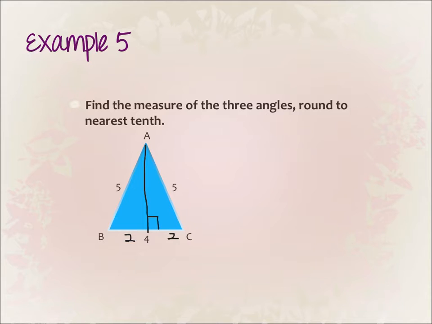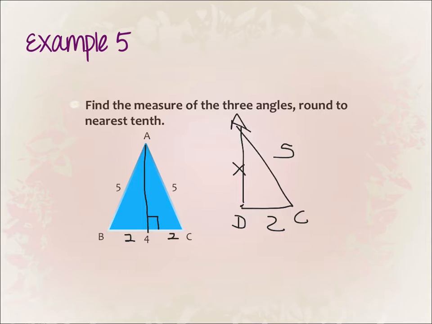So right now, all I need to worry about is one of the sides. So this could be A, C, and I could call this D, where I drew my altitude. So this is 5, this is 2, and I don't know this. Okay, but it's saying find the measure of the 3 angles, round to the nearest tenths. So it's isosceles, but I don't know if it's a 45-45. All I know is it's isosceles. Okay, so now,